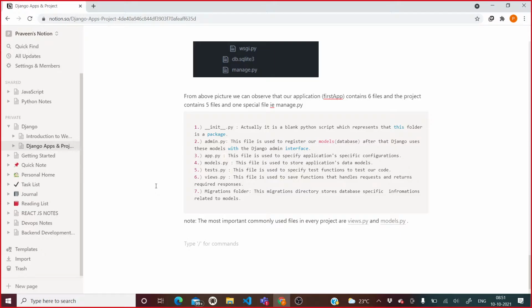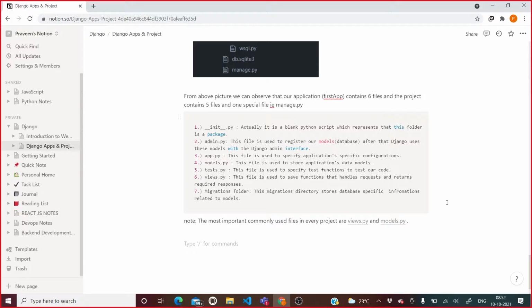How do we tell the project that this application is under it? There must be some activity to tell the Django project that the application belongs to it.